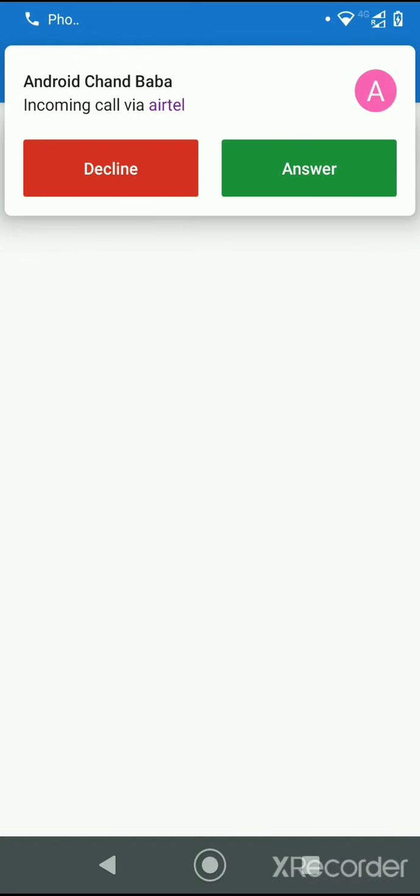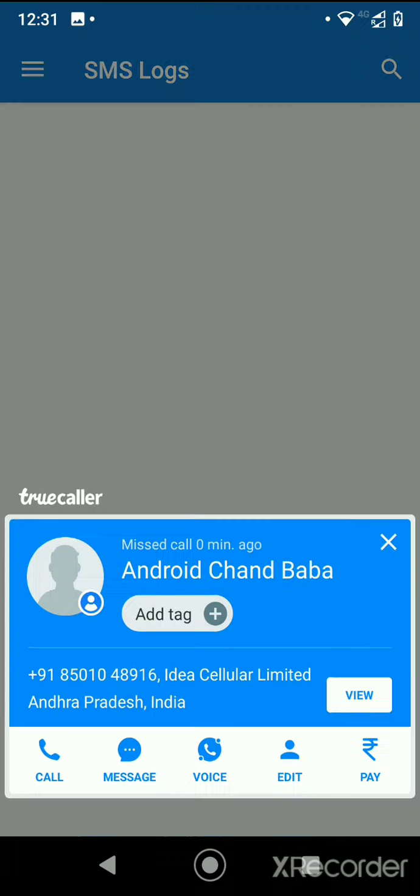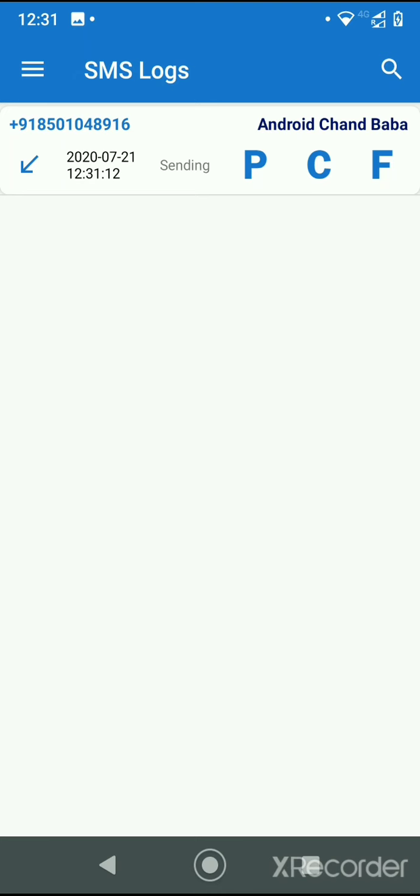So let's say I am getting a call from my team. I just decline the call. And you see here the number got populated, because we are reading the call log and picking up the mobile number and showing it here.